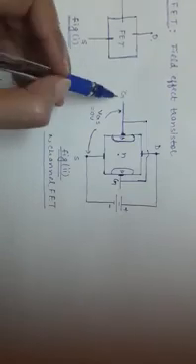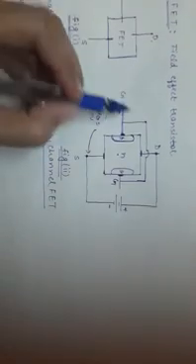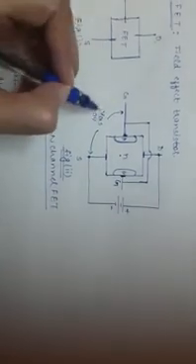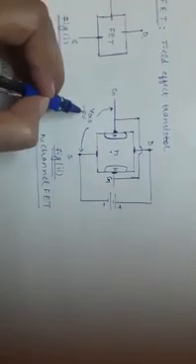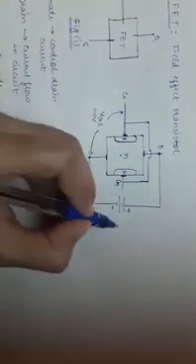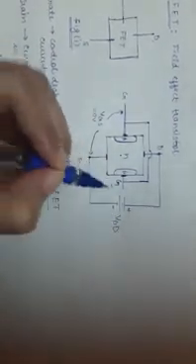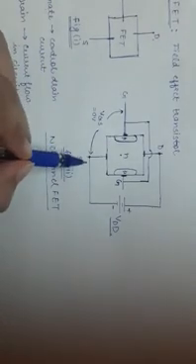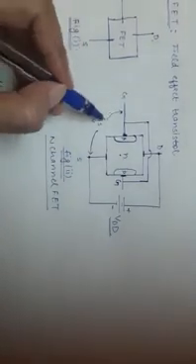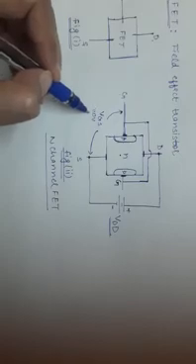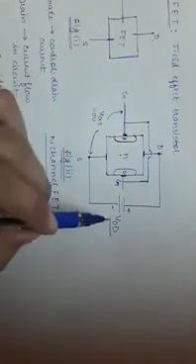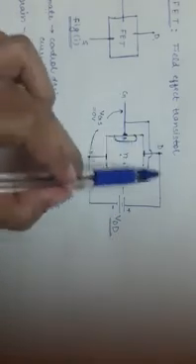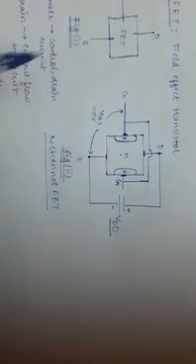In this working diagram there are gate, drain and source terminals, and this is our first case in which VGS is at 0 volt and VDS, that is VDD, is at some positive potential.